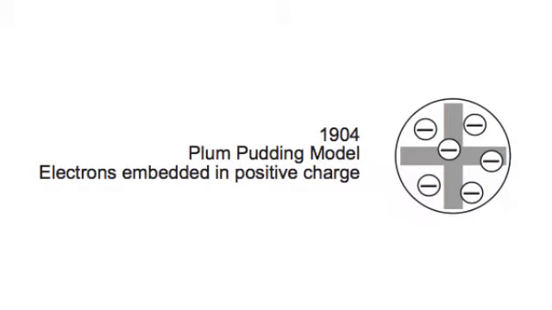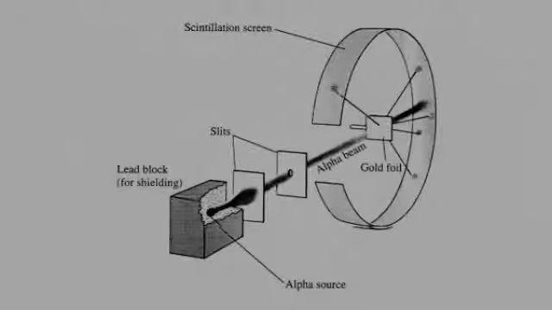Atomic structure. At the beginning of the 20th century, the structure of the atom was something of a mystery. In 1904, Thomson came up with the idea of the plum pudding model of the atom. This recognised that the atom was a singular entity, but nothing was known about the structure. The idea was that the atom consisted of an amorphous positive charge with embedded electrons.